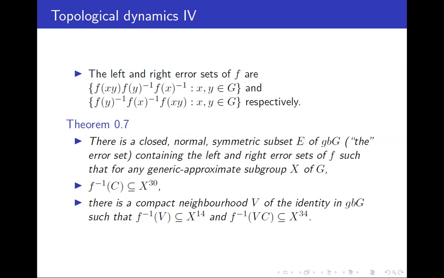Can I ask another one? So in the non-generic approximate subgroup case, in the more general statement, it's a locally compact group? Yeah, so in general, yes. And sorry, so it's a locally compact group, you still have an error set? Can you say that the Haar measure of the error set is finite? Yes, good. Thanks for the question, I should have said this. I'm going through the case of generic approximate subgroups, but the whole thing works also for approximate subgroups of arbitrary groups. In that case, this